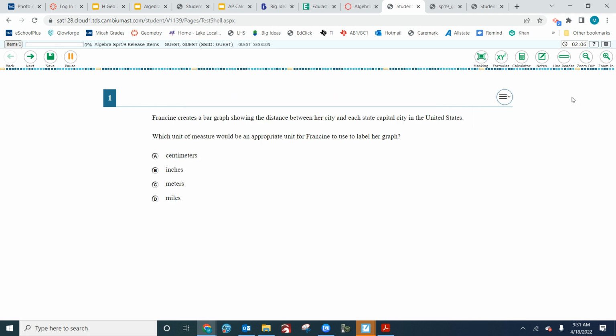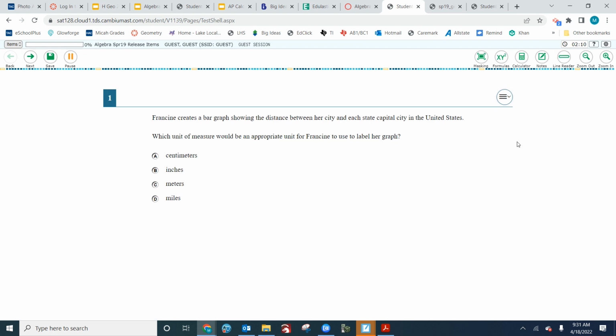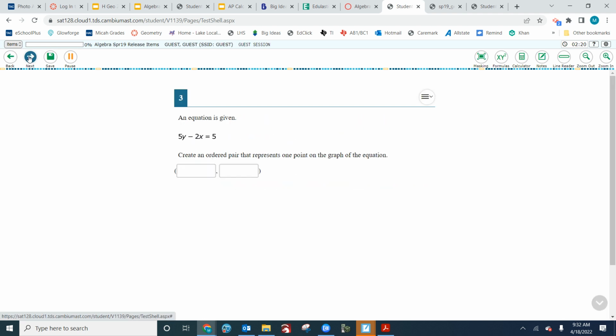All right, next. You can zoom in, you can zoom out. The main thing I want you guys to use is the calculator. So you all have that open right now? Awesome. We're not going to use it on this problem. What question are we on? Right now I'm on 3. I'm on that one too. So let's say you forget how to do this problem.